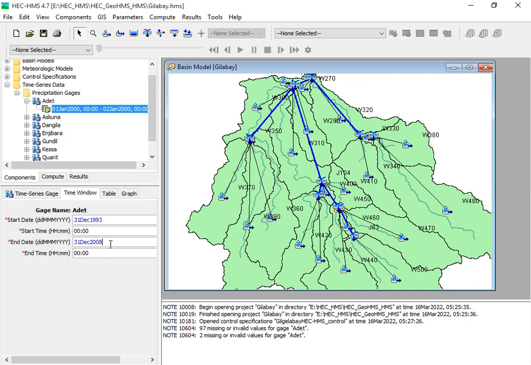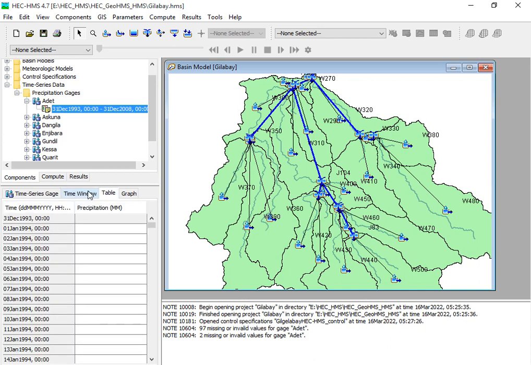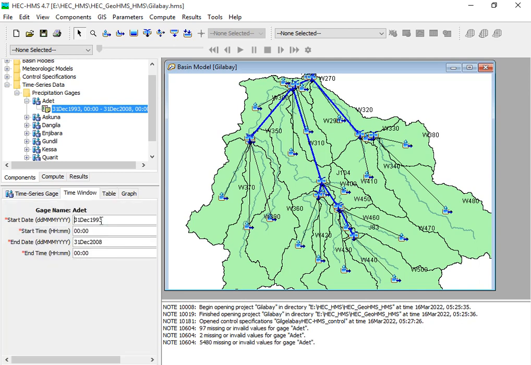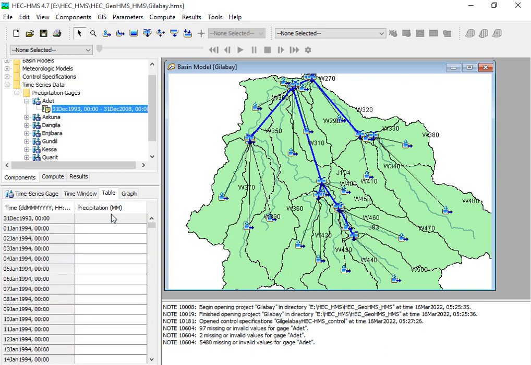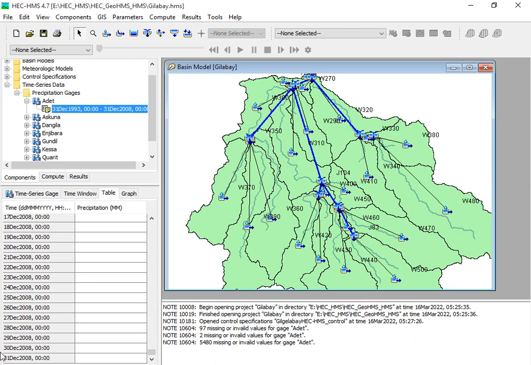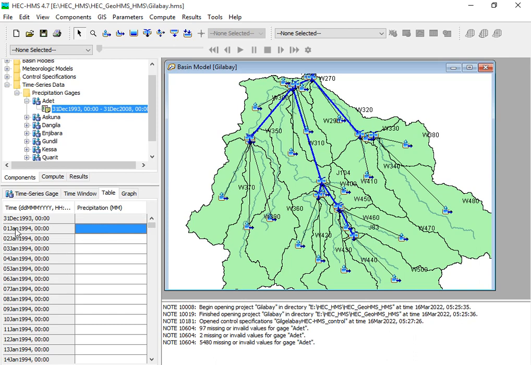If you see the table here, the tables are automatically extracted. You see the starting date is 01 January 1994. This day is not considered, but we gave the starting date one day before our data. And one thing you have to do here is copy and paste your data. The ending date is 31 December 2008, and the starting date is 01 January 1994. Therefore, to do that,